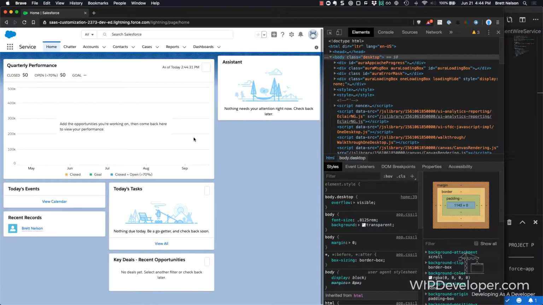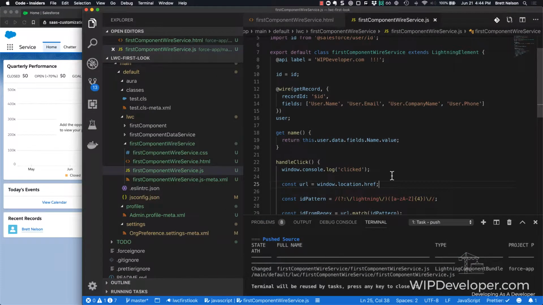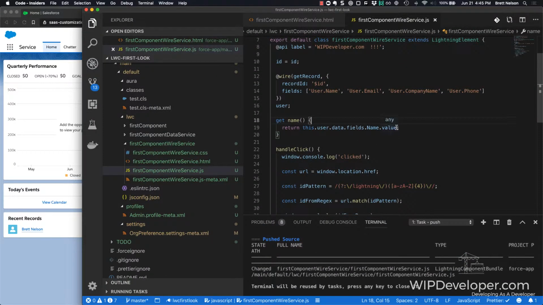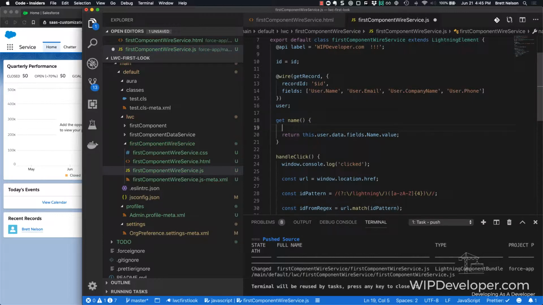Doesn't look like it's going to pop up. So what I want to do is here, I'm making a lot of assumptions on the user object that all of these values exist. One thing that I was experiencing before is that I was getting an error. Fields wasn't a valid value. If fields was null or undefined, we couldn't evaluate the name or the value, so it would just error out. So to get around that,